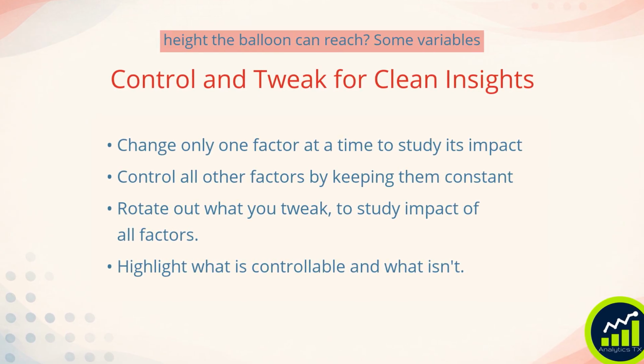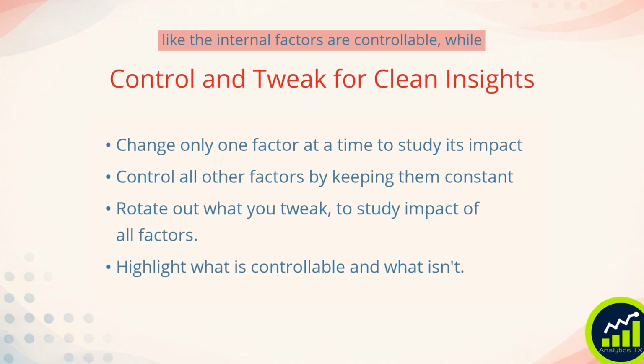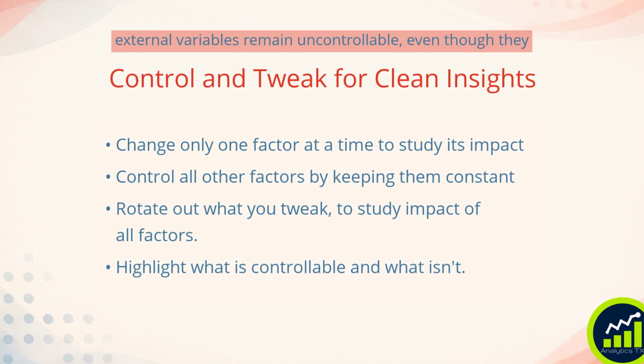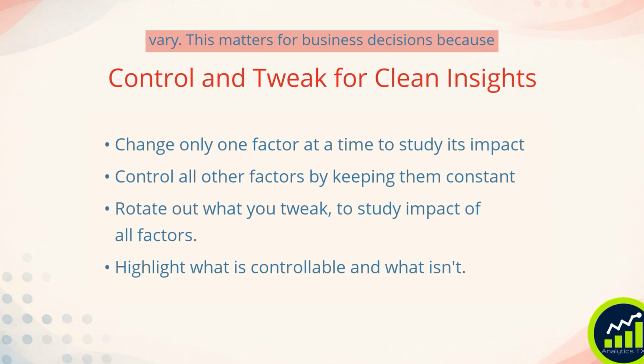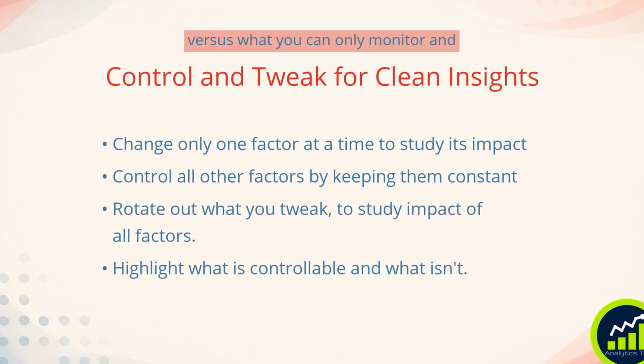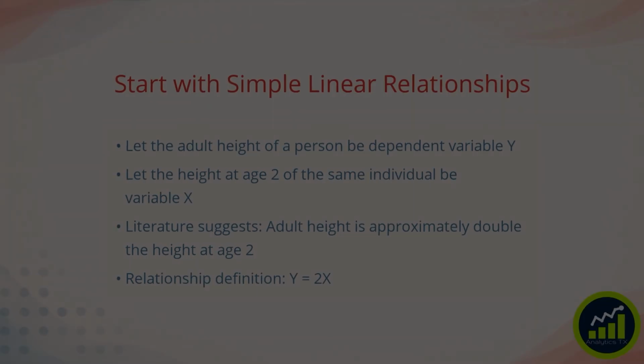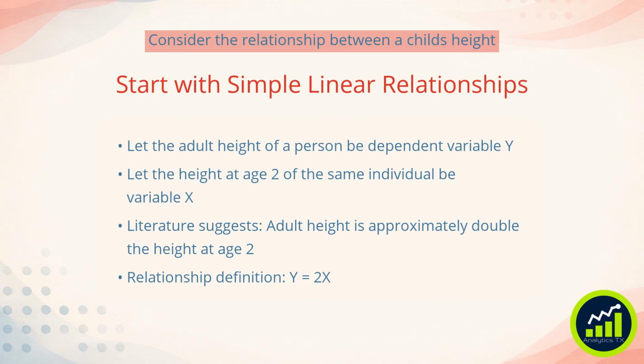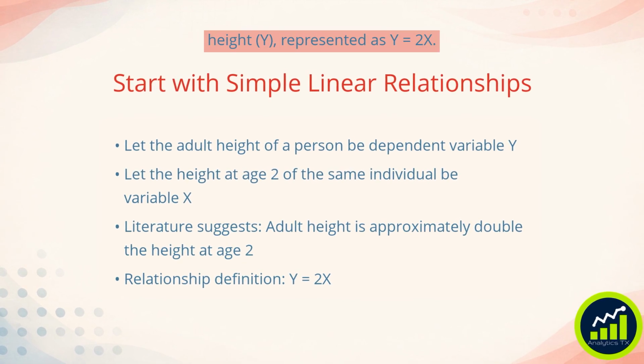Some variables like the internal factors are controllable, while external variables remain uncontrollable, even though they vary. This matters for business decisions because it clarifies what you can actually influence versus what you can only monitor and plan around. Consider the relationship between a child's height at age 2, x, and expected adult height, y, represented as